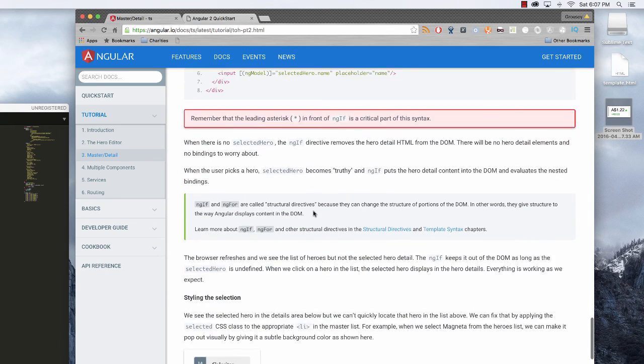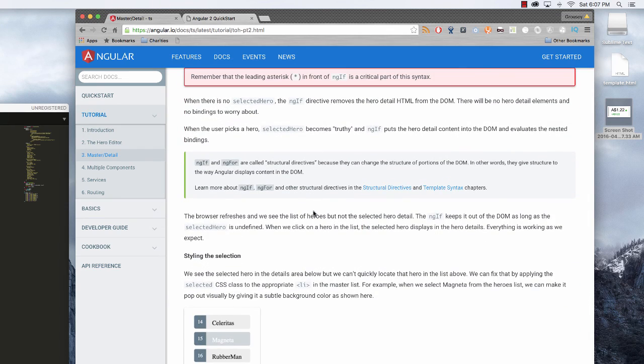So ngIf, going through that. When there is no selected hero, the ngIf directive removes the hero details from the DOM. Yep, worked that out. There will be no hero detail elements and no one needs to worry about. When the user picks a hero, it becomes truthy, and ngIf puts the hero detail content on the DOM and